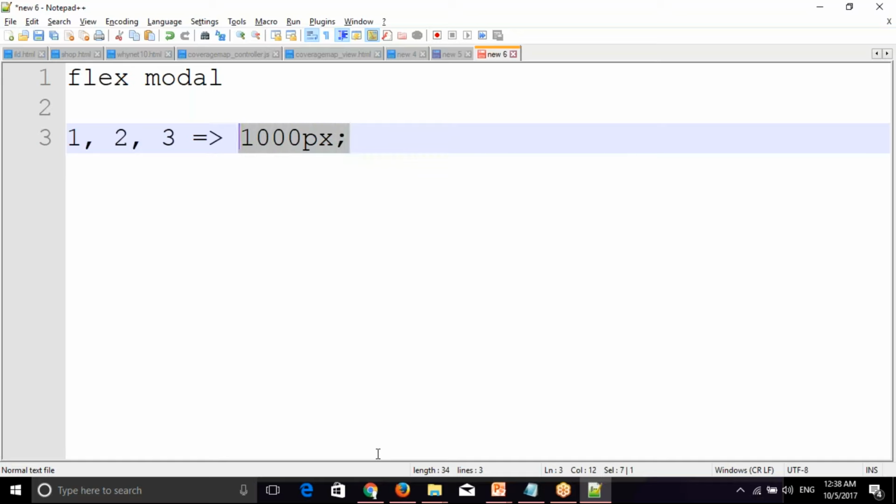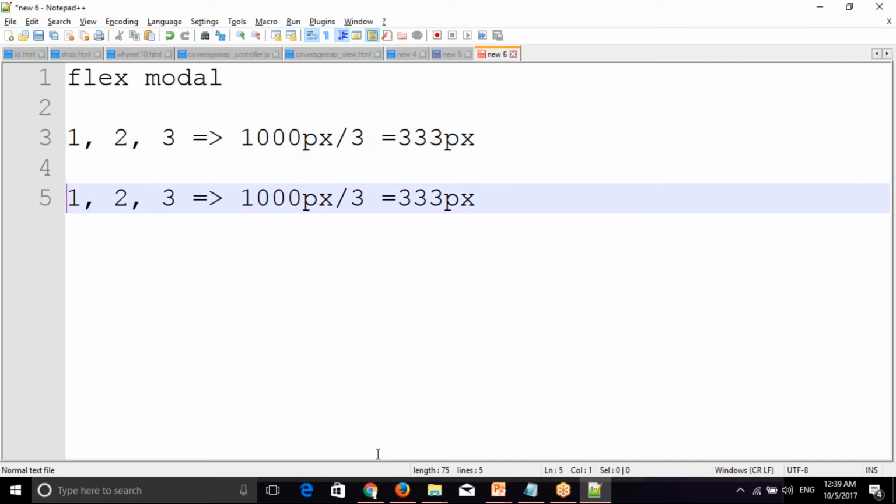If you want your 3 divs to occupy the total 1000, we'll make a simple calculation, dividing by 3. Each column width will be 333 on average. Now, if you want 2 columns, you'll divide by 2, and then the width will be 500.